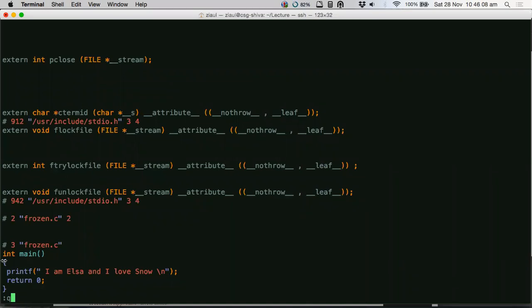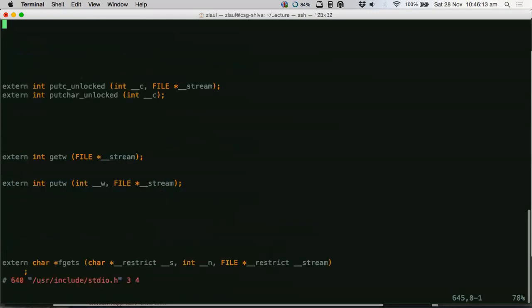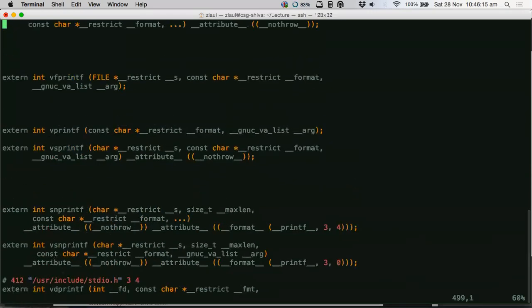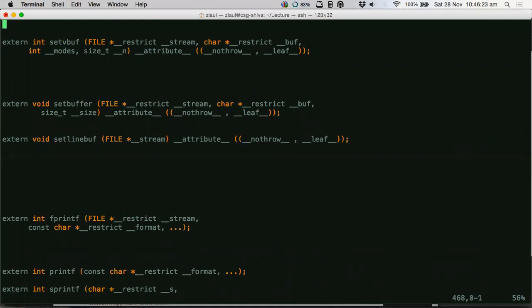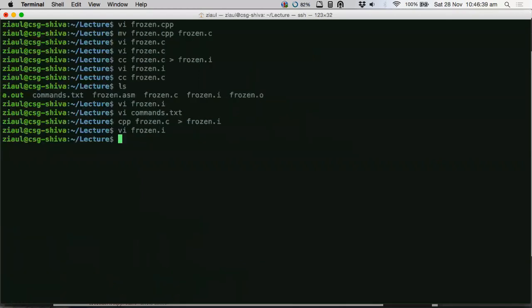So the takeaway from this point is, just remember that your preprocessor has expanded your C program using the header files, and it has listed out all the functions that are part of the header file. By the way, there is no code of those functions located in this preprocessed file. The code will be located somewhere else, which the compiler will pick up during the compilation, and then compile it together with your program and link the object codes later on. Okay, so that's the pre-processing part.